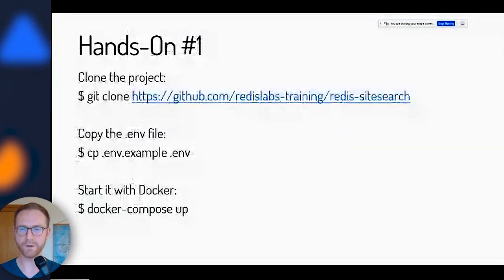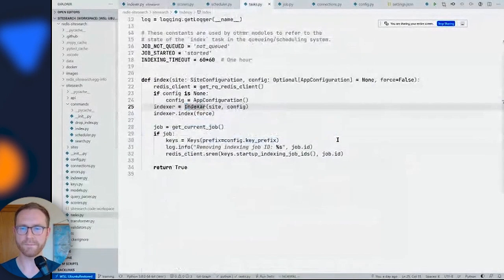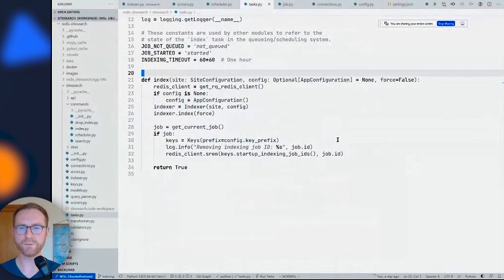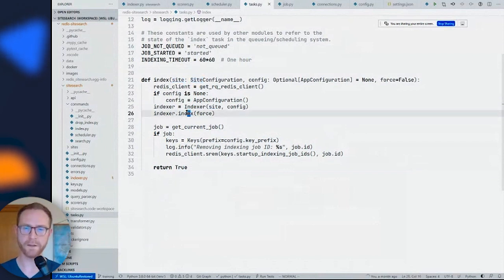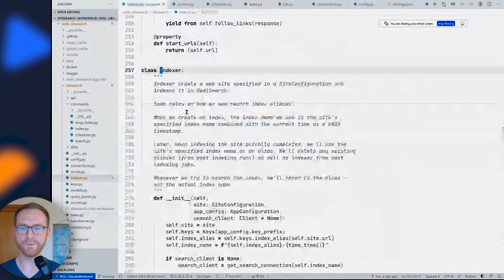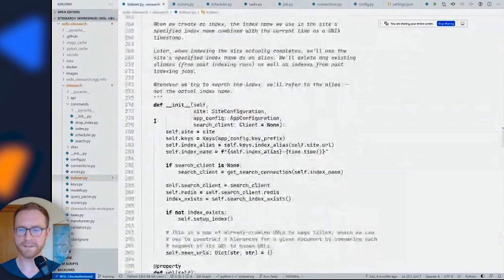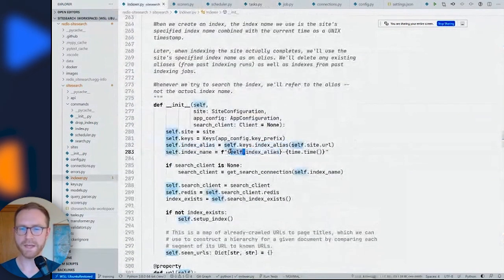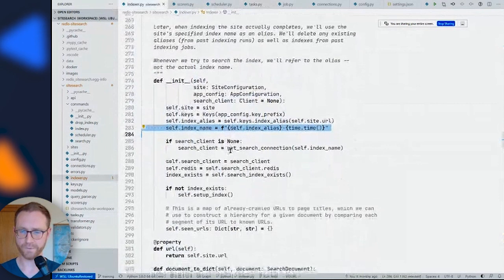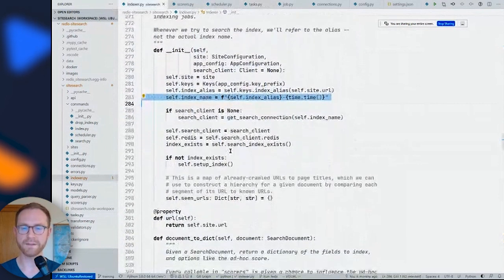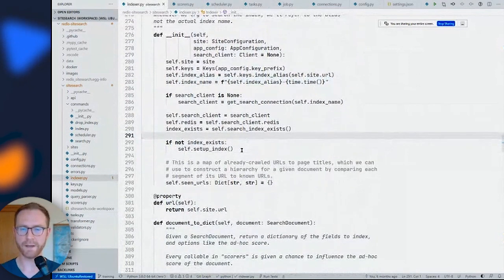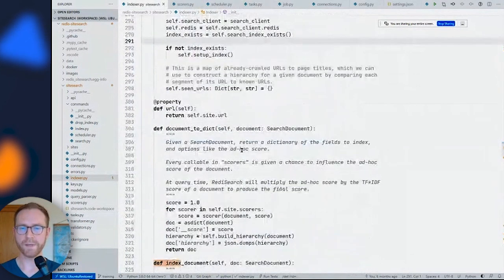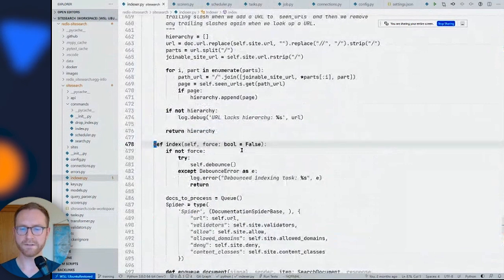You may or may not have picked up on this, but this runs once for every site. So when we run the indexer, it's for a single site, right? When we first set up the class, we need to set up the index we're going to use for that, and things like that. And if it doesn't exist, we need to create it. But the real meat here is in the index method,